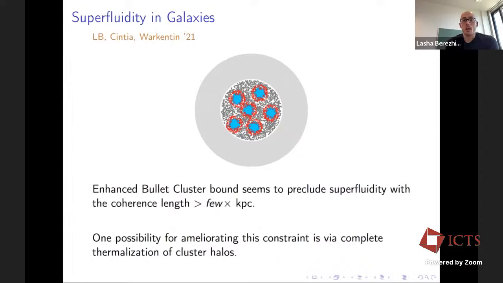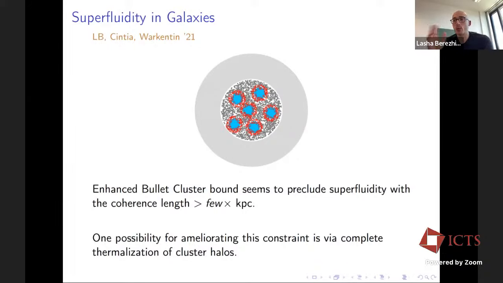What was for a while puzzling to us is that this enhanced bullet cluster bound was inevitably giving us a constraint that was too constraining to get large superfluid solitons. So superfluid solitons bigger than a few kiloparsecs in diameter were impossible to form. Because of this, we started thinking about a way around this puzzle. And it turns out that the only way you can evade this enhanced bullet cluster bound for sub-eV particles is